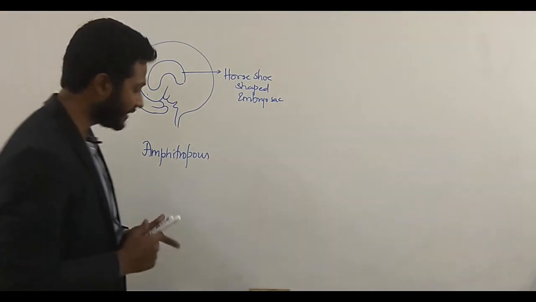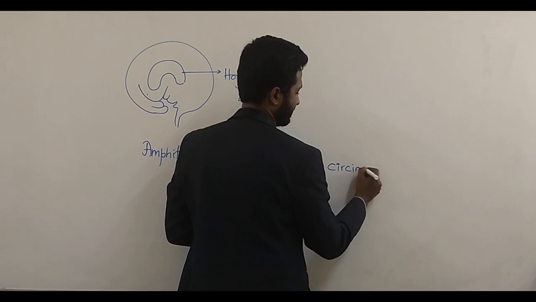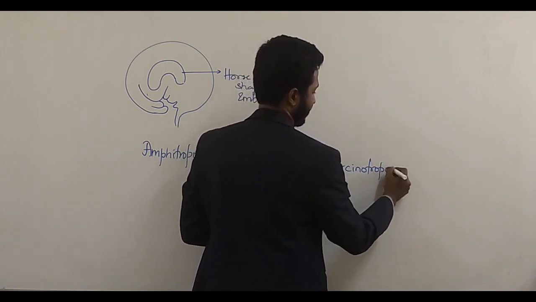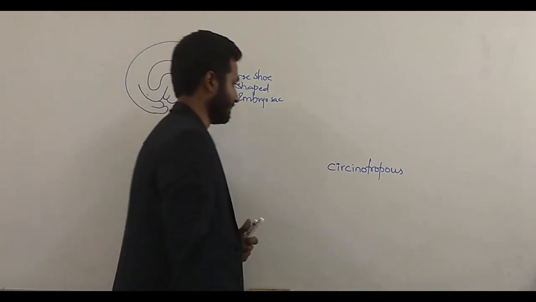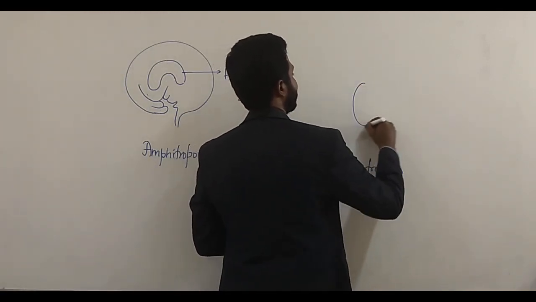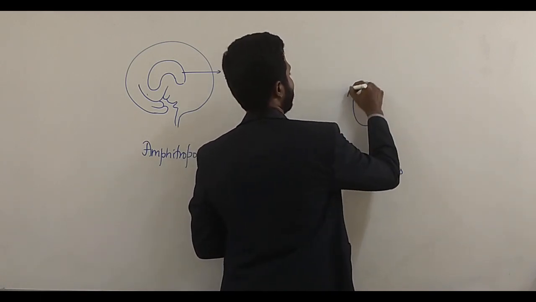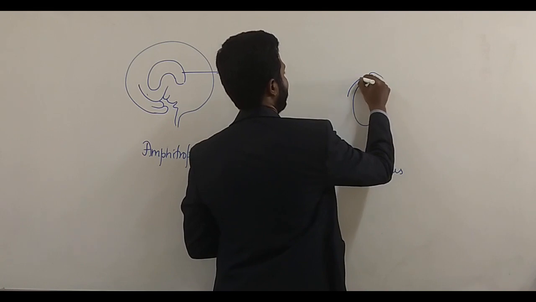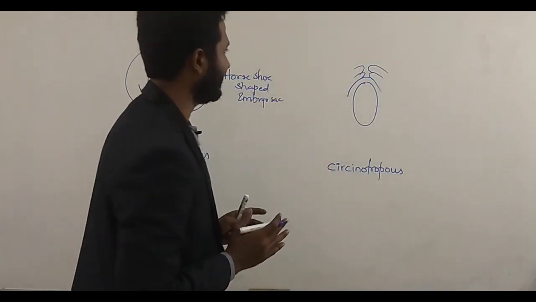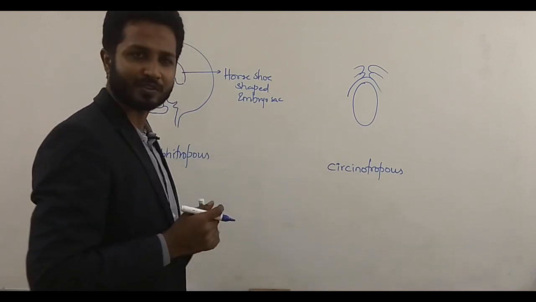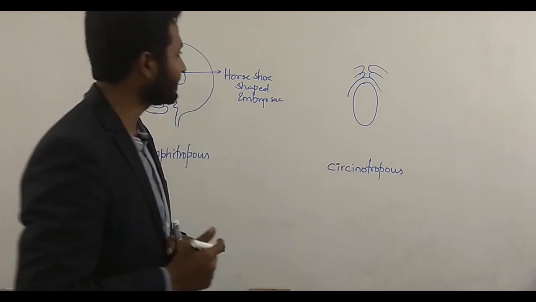Amphitropous. The last one is Cercinotropous. What is the condition being observed in Cercinotropous type? Here we see that there is an embryo sac. This particular embryo sac is covered by nucellus. Then you have integuments. Almost till here, the ovule looks like an orthotropous or an anatropous. But there is a twist.